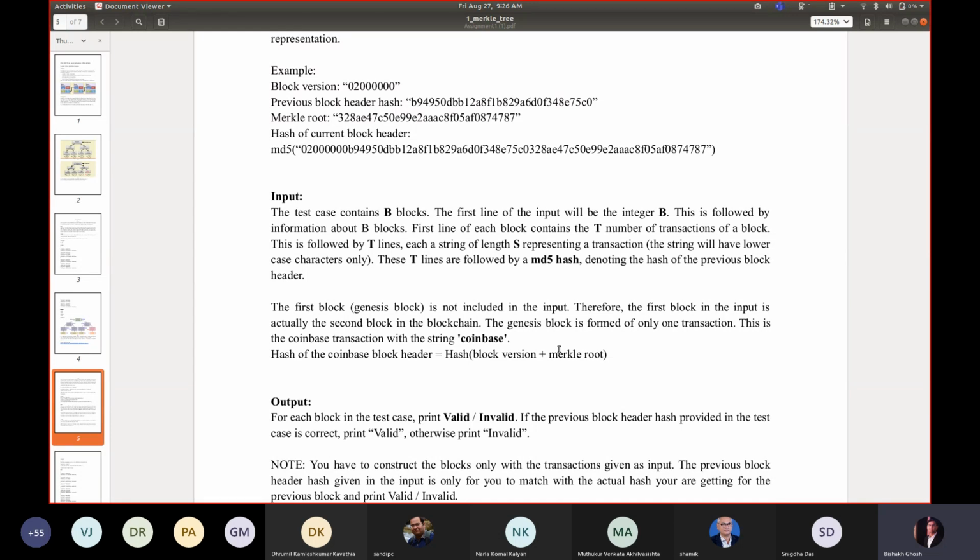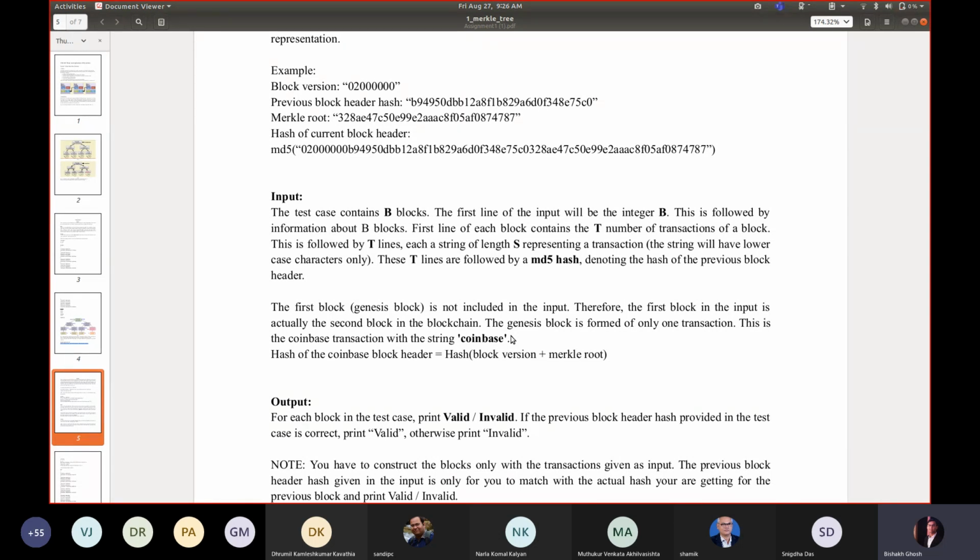Each transaction is a string of 20 characters, just like part A. You form the Merkle tree root, construct a block, and put in the previous block's hash to get the block header's hash. In this way you construct the blockchain.